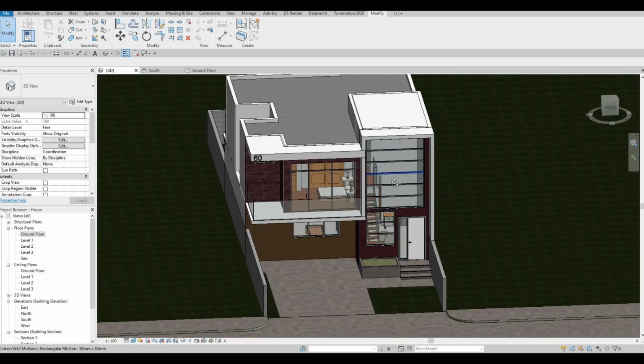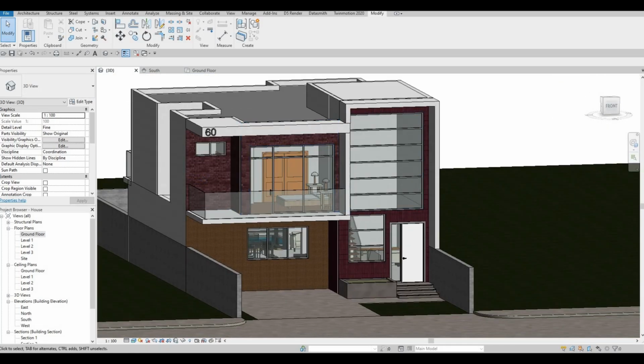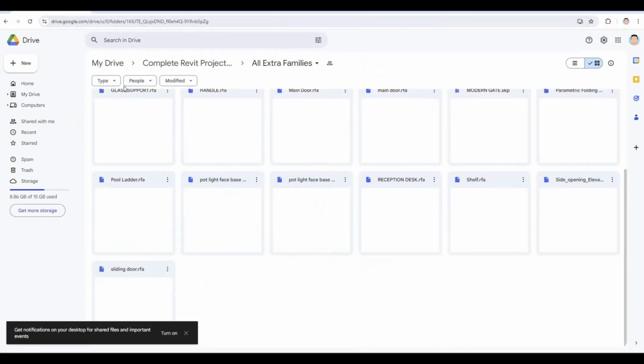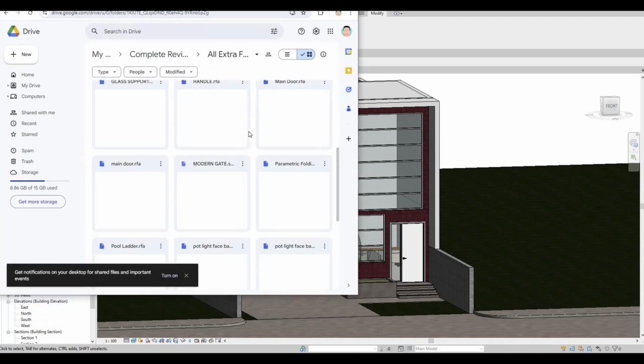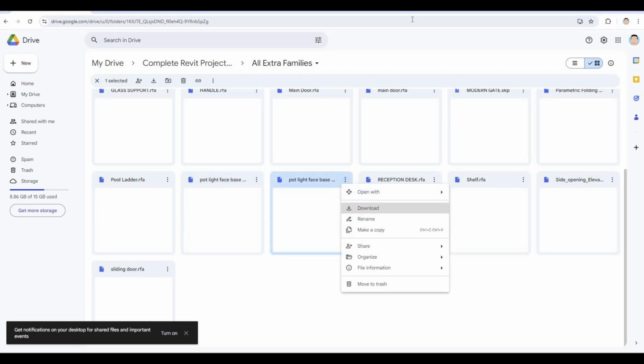And the next thing we're gonna do is add lights. So you just need to go to part 1 description, and then there will be a second link there, and you just need to click and you'll go to the extra families, all extra families, and download both of these spotlight face base. One is circle and one is square. So download both of them. You can choose whatever you want